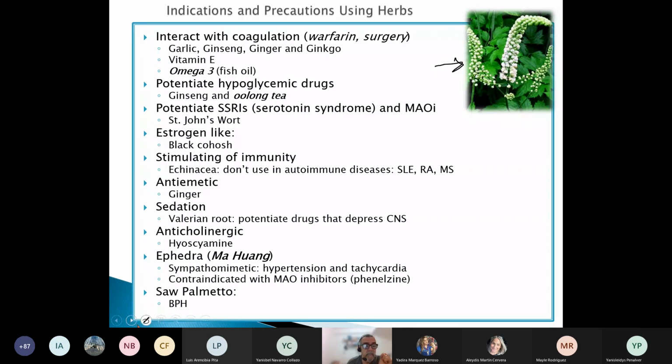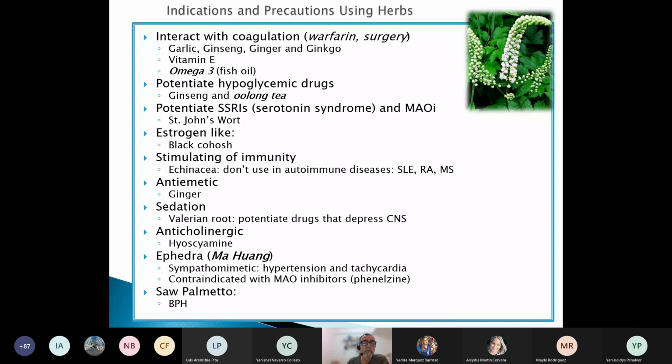Serotonin syndrome is very bad. Serotonin syndrome produces something similar to the malignant hyperthermia, neuroleptic malignant syndrome, etc. Similar, not the same. And there is altered mental status, there is seizures, there are hypertension, tachycardia, agitation, etc. And it could be very risky. So no combination of St. John's wort, neither with SSRIs or monoamine oxidase inhibitors. Remember that SSRIs are the fluoxetine, sertraline, paroxetine,